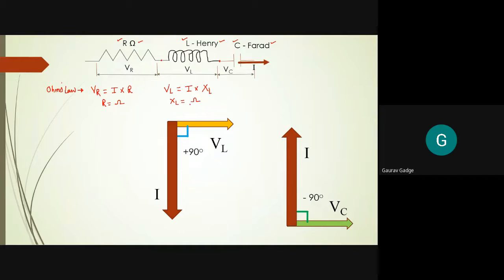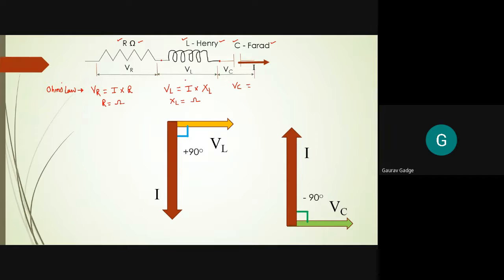Now, when the same current passes through the capacitor, the third voltage drop takes place across the capacitor, and that capacitor voltage drop is given by VC. As the voltages are changing, like voltage drop across resistance is VR, voltage drop across inductor is VL, voltage drop across capacitor is VC, it means voltage drops are different, and that completely depends on the type of element which is present. So the voltage drops are given with separate representations: VR, voltage drop across the resistance; VL, voltage drop across inductor; VC, voltage drop across capacitance.